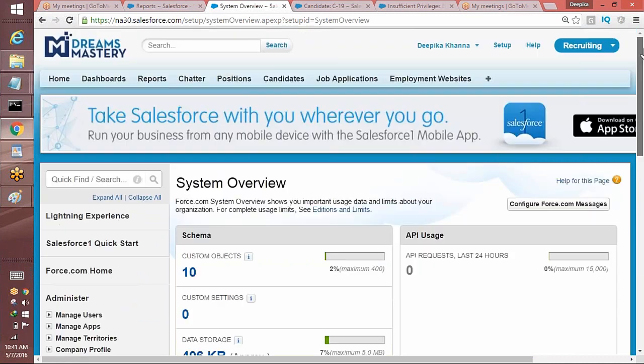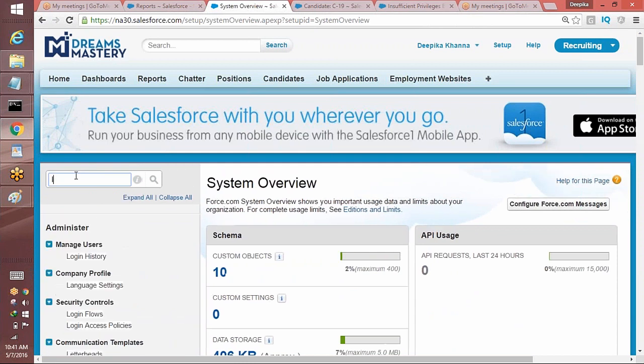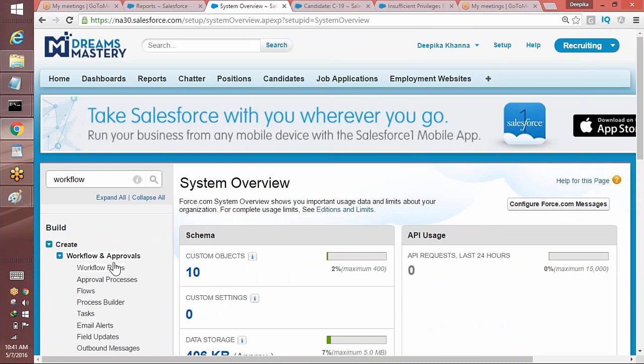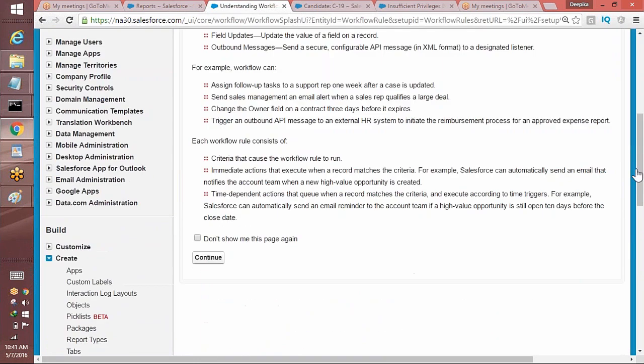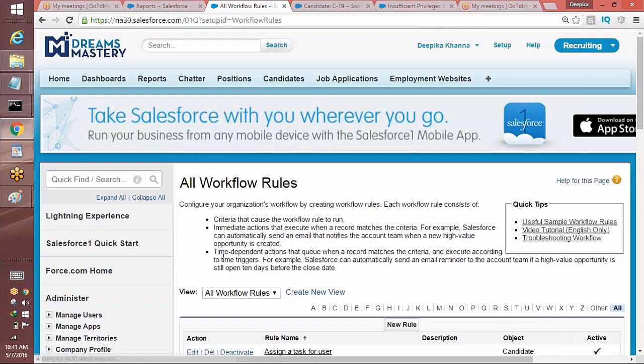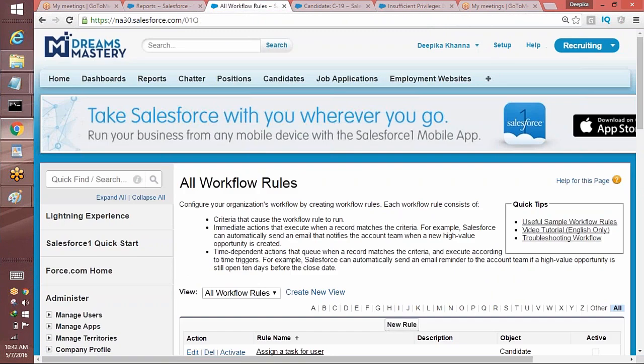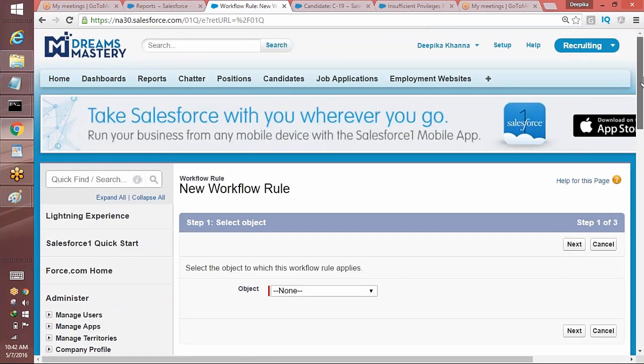Okay, this is just the overview of what we did. So now if I go back and if I go to the workflow, create a particular workflow rule. So we'll hit the continue button here, and this is deactivated right now. Hit the new rule here,